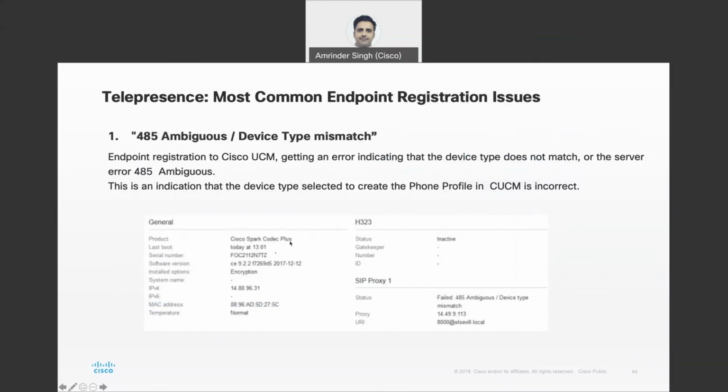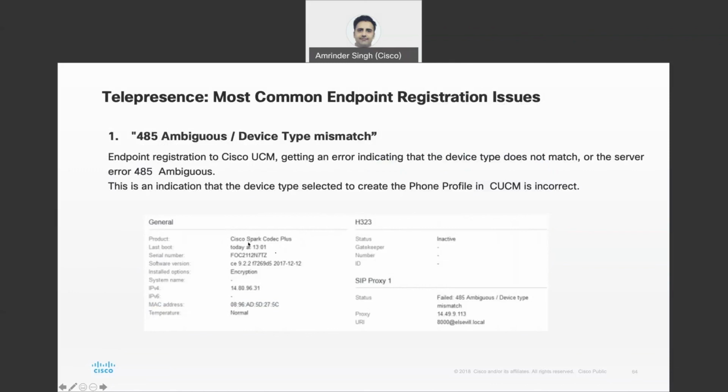Whatever is shown here, single screen, dual screen, or whatever, you need to make sure the same is chosen on your Codec side, on your CUCM side also. If there's a mismatch in this, definitely you will see the problem. If you have an MX800 codec and it shows SX80 over here, which it shows by default because the hardware is SX80 codec,